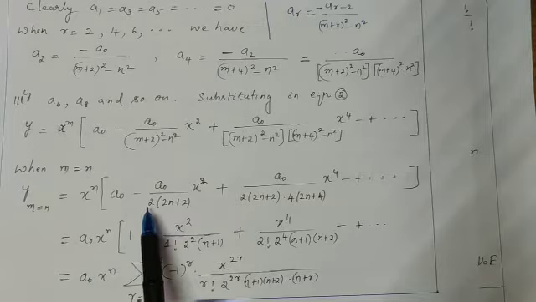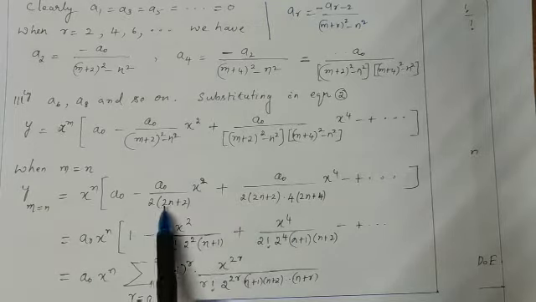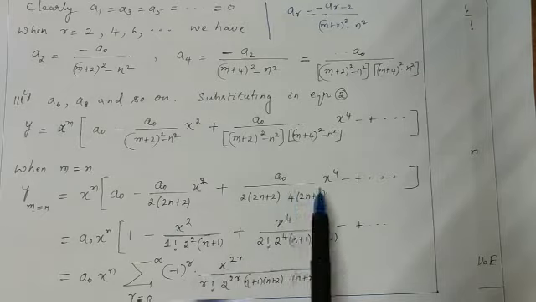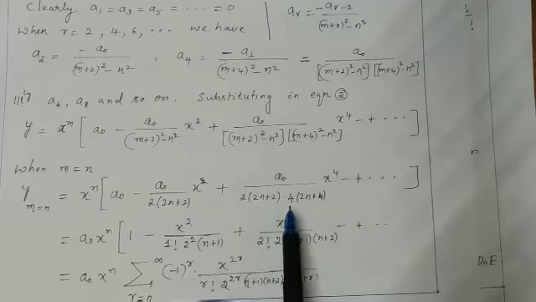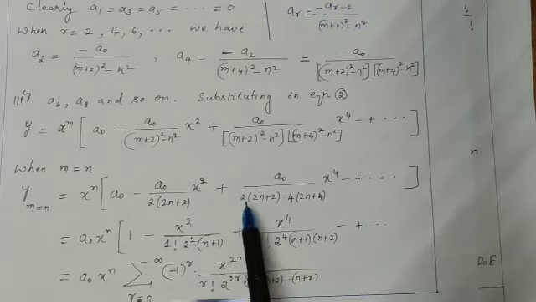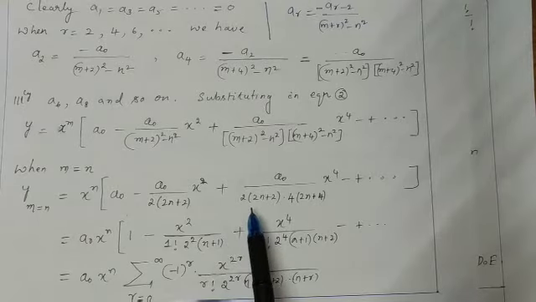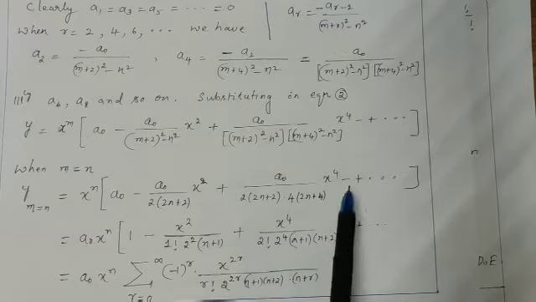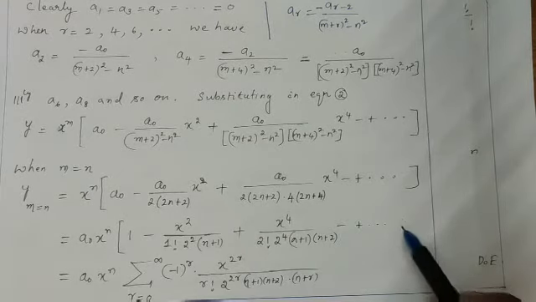So here I will write in place of this 1 factorial, that is 1, and 2 I will take outside common. So 2 into 2, 2 square, (n plus 1), plus x power 4. So here also I will take 2 common outside, here 2 common outside. So totally how many 2's do I have? 5 number of 2's. So I will write it as 2 factorial, that is 2, 2 power 4. So that is 2 power 5 totally, into (n plus 1)(n plus 2). So minus plus, in the same way it will continue, etc.